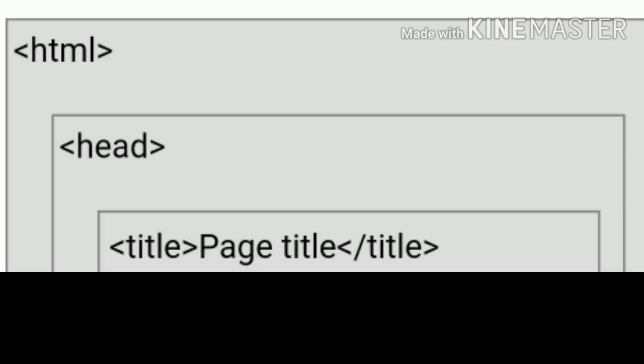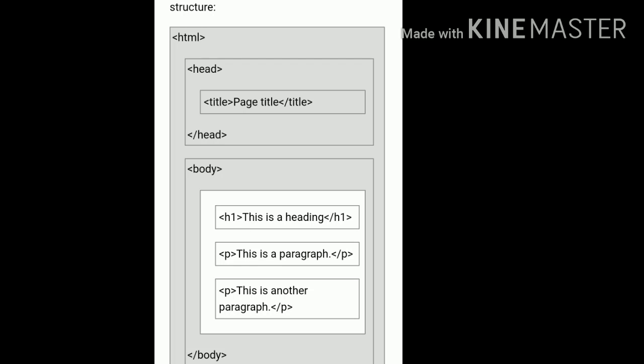We start from 1989. In 1989, Tim Berners-Lee invented the WWW. After that, in 1991, Tim Berners-Lee invented HTML, hypertext markup language.